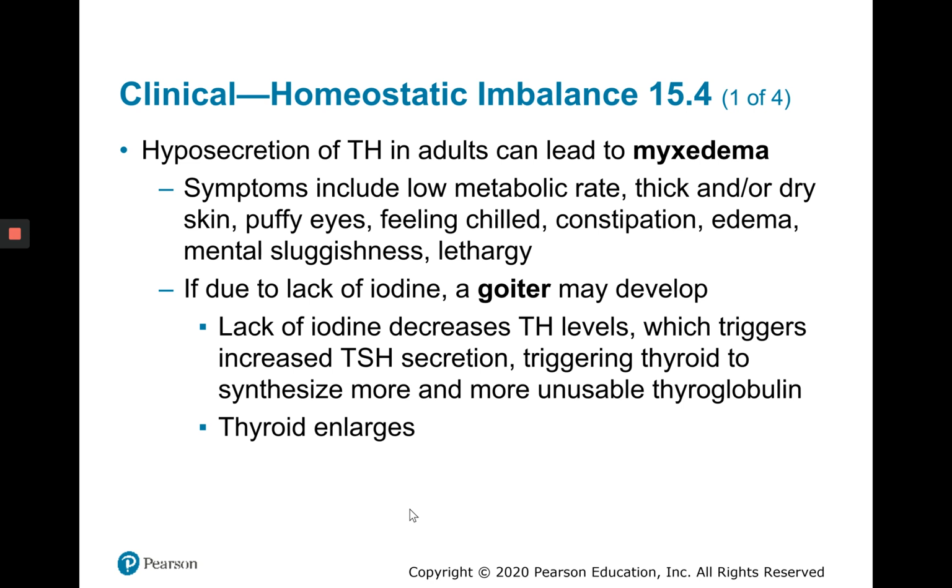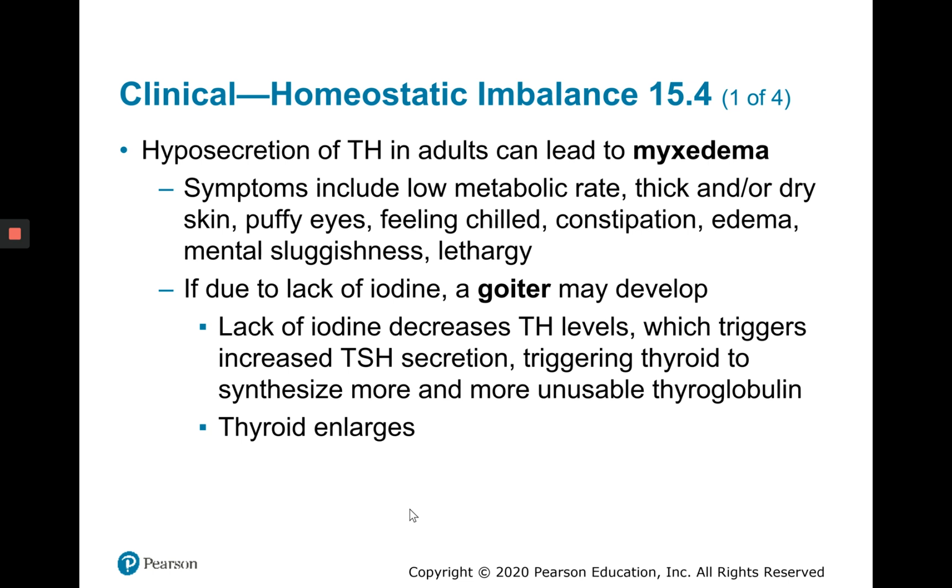This is when the follicle cells overproduce thyroglobulin, but they're not able to make thyroid hormone. The lack of iodine is not really a problem for the thyroid gland in producing thyroglobulin, but it is a problem getting thyroglobulin, or the tyrosines, out of the thyroid follicle lumen. So if we're not able to get thyroglobulin out of the follicle lumen, the thyroid enlarges, it's filled with more and more colloid, the follicles swell, and this is generally due to the fact that a lack of iodine decreases